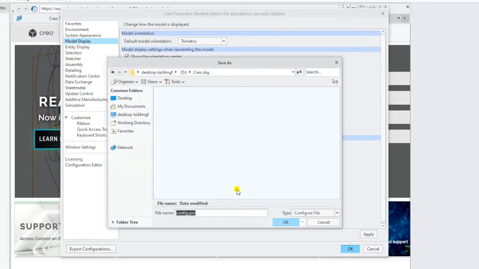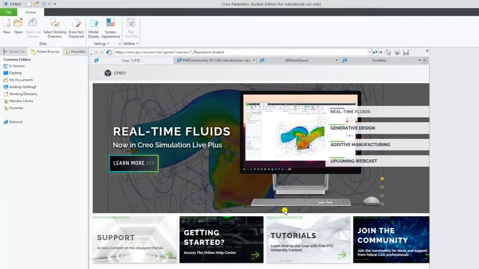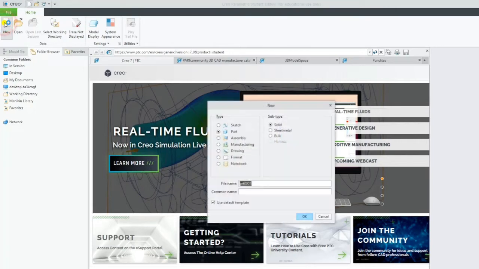The configuration, if they want to save it, no problem, you can save the configuration anywhere. Click on OK. If it prompts to save the configuration, okay. Now let us check it. If you click on new, it will ask about a part. I will explain the details of how to change this template and everything.